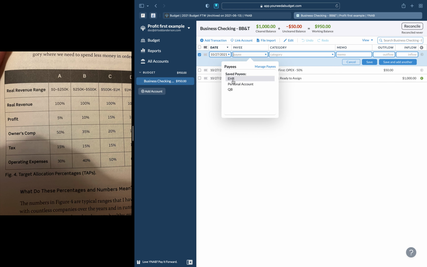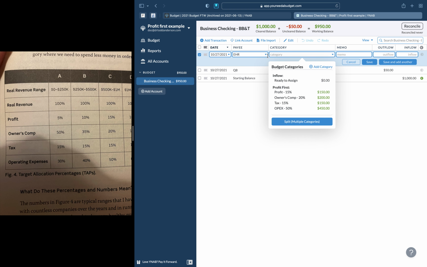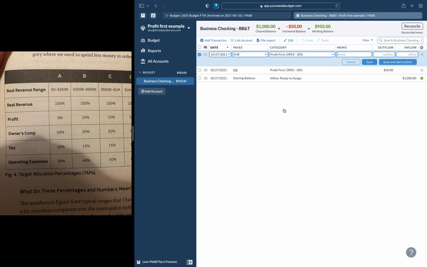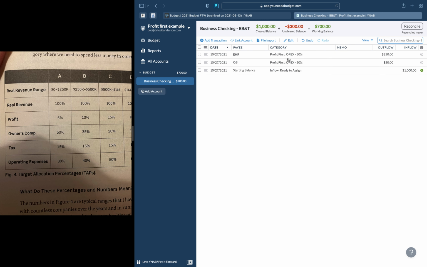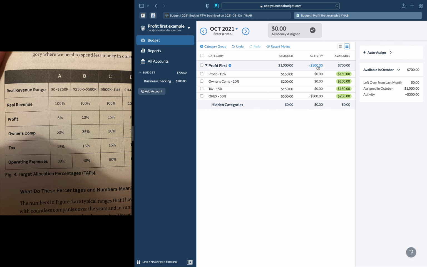You don't have to do this again, by the way. EHR, again, it's an expense, so it's going to be OPEX. And outflow for that is like $250 a month. So we're going to save. That's automatically categorized as these. The only category you have to worry about when you're categorizing is OPEX. Okay, all the expenses are OPEX. Easy peasy. Go back to the budget. You'll notice that